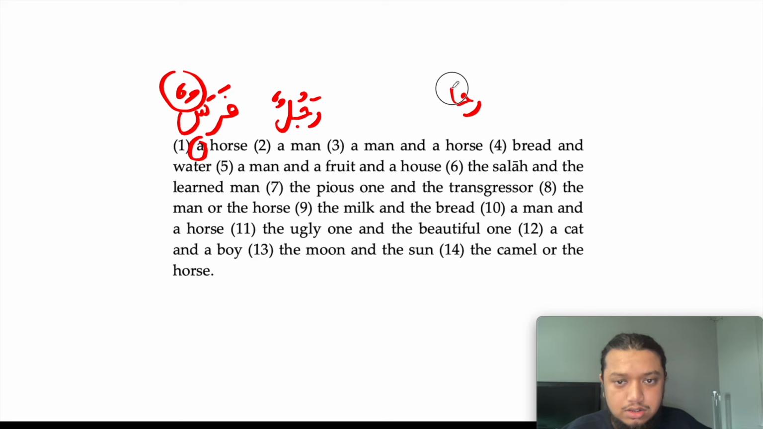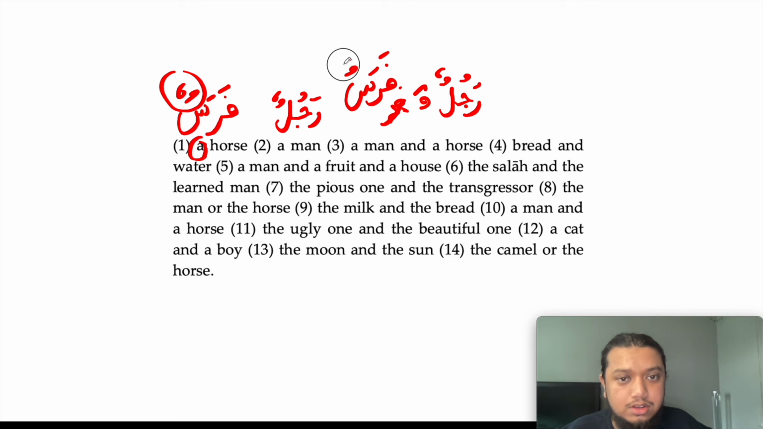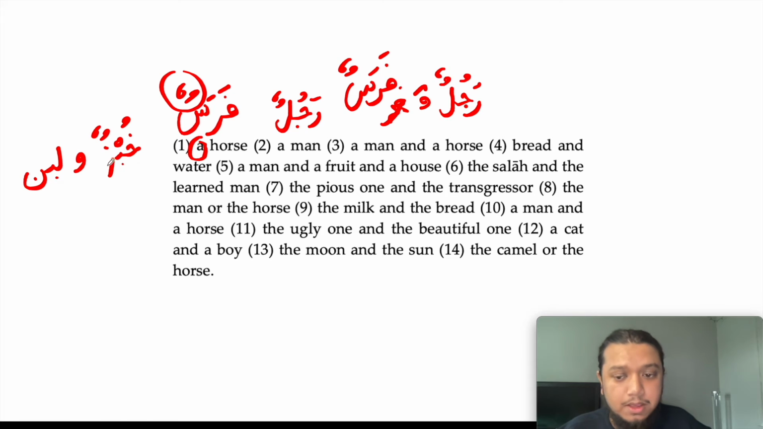So a man and a horse. This is rajulun wa, excuse this mistake, farasun. So this would be rajulun wa farasun. Bread and water is khubzun wa laban. What I'm going to do is I'm not going to put the markings on, because as you are learning,